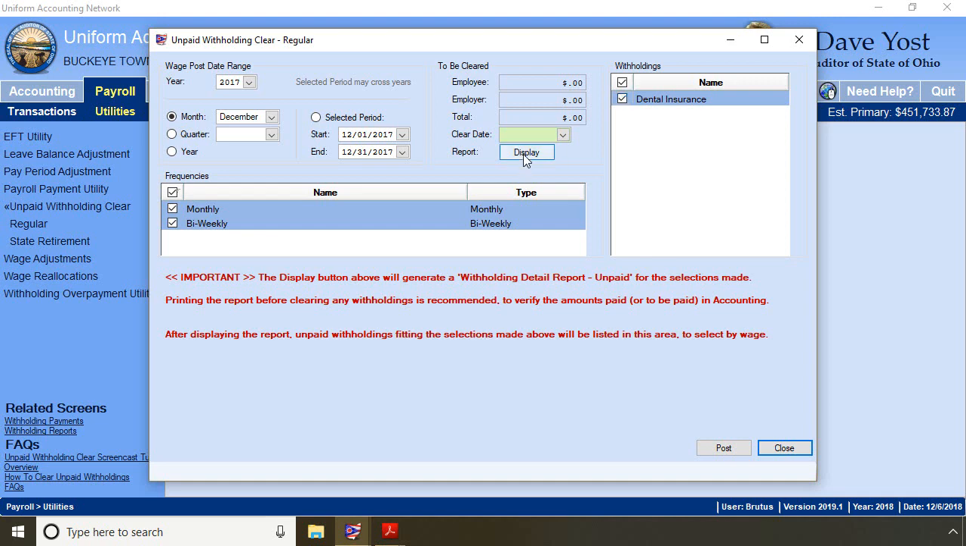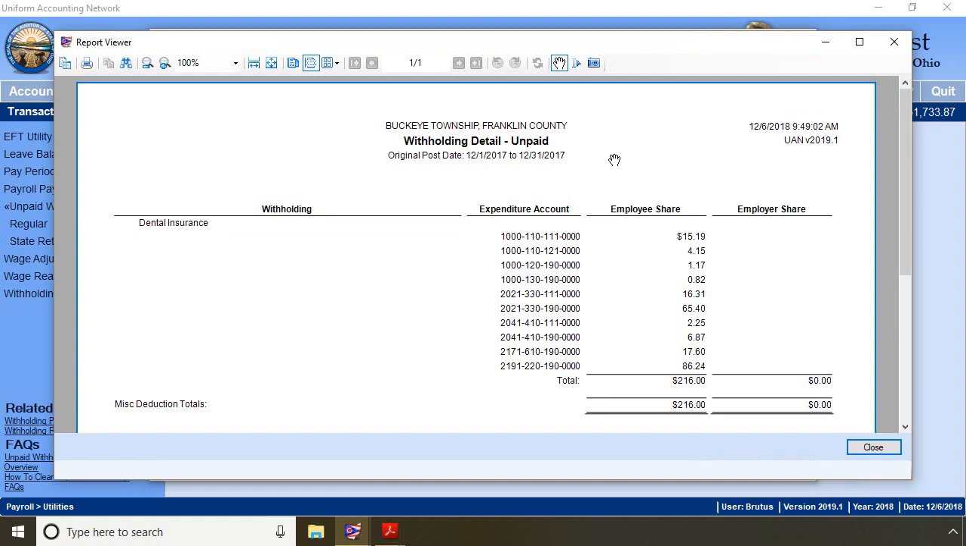I'm going to click the display button to display a report, and the software automatically takes me to the withholding detail unpaid for the date range and frequencies I've selected. This is showing me the list of account codes that made up the employee share. I might want to print this and make sure my accounting payment was properly allocated. To print, I would simply click the print icon in the upper left corner. I'm going to close,